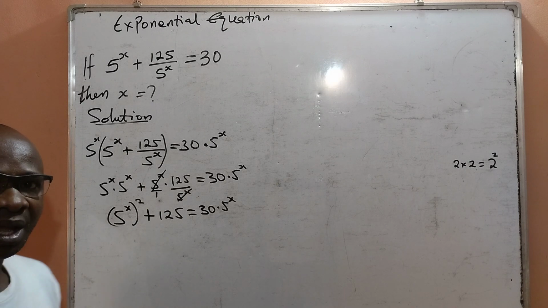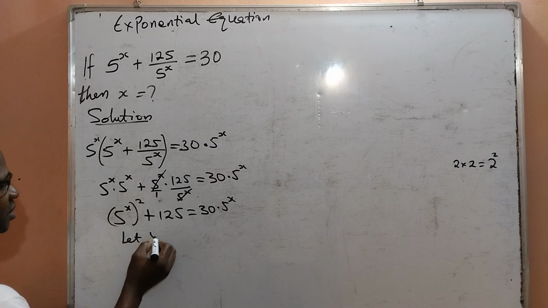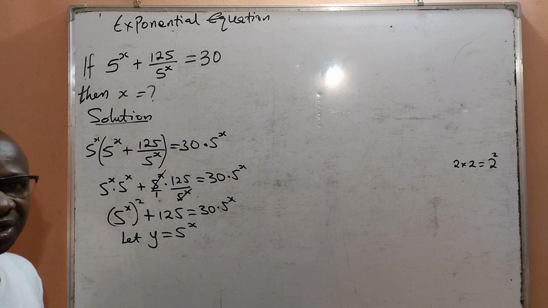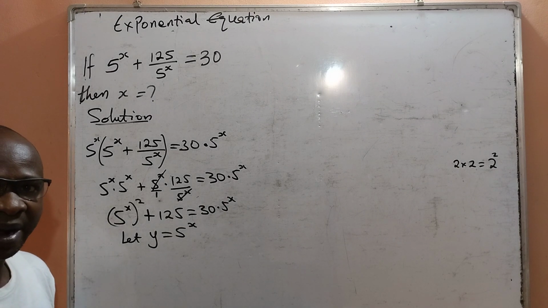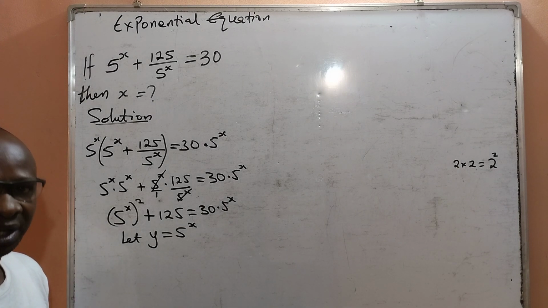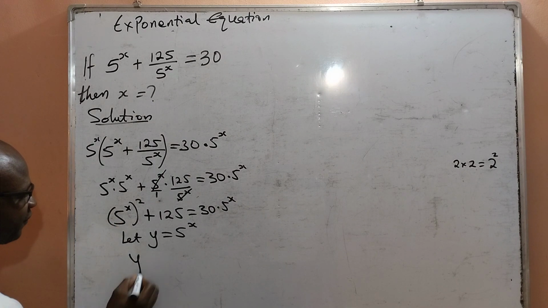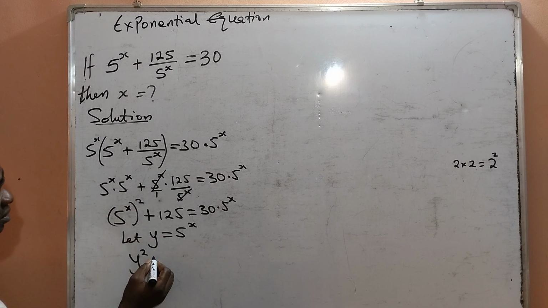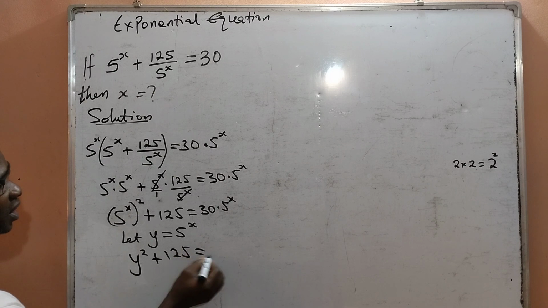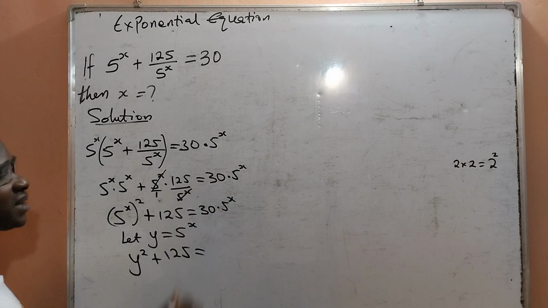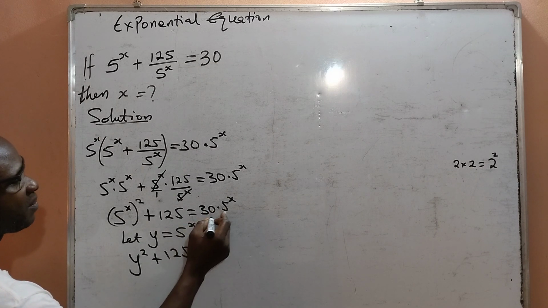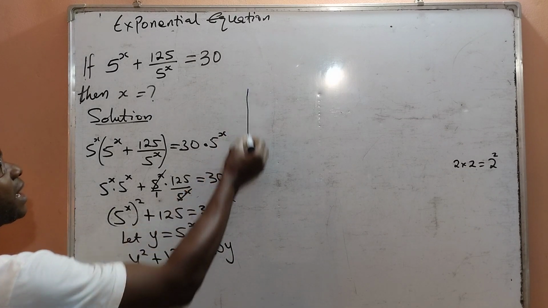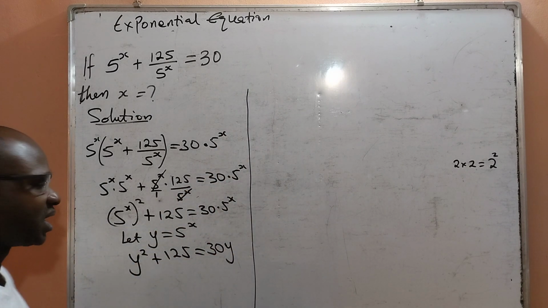power x. At this point, let y be equal to 5 raised to the power x. This means that anywhere I see 5 raised to the power x, I will replace it with the letter y. And that means I will have 5 raised to the power x replaced with y raised to the power 2, then plus 125 equal to 5 raised to the power x replaced with y, which gives me 30 multiplied by y, which is 30y. As it is now, I will move 30y from the right hand side to the left